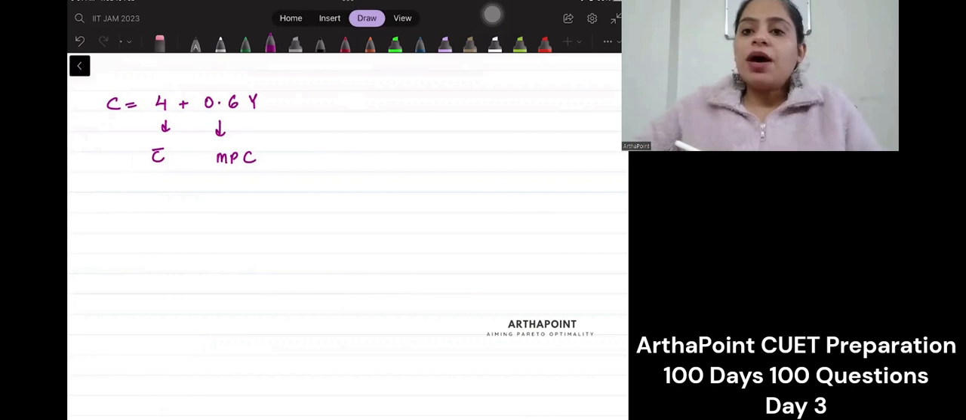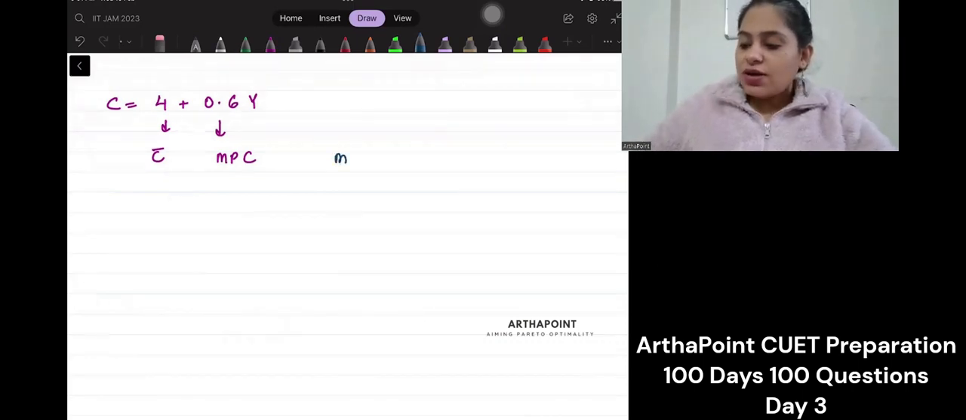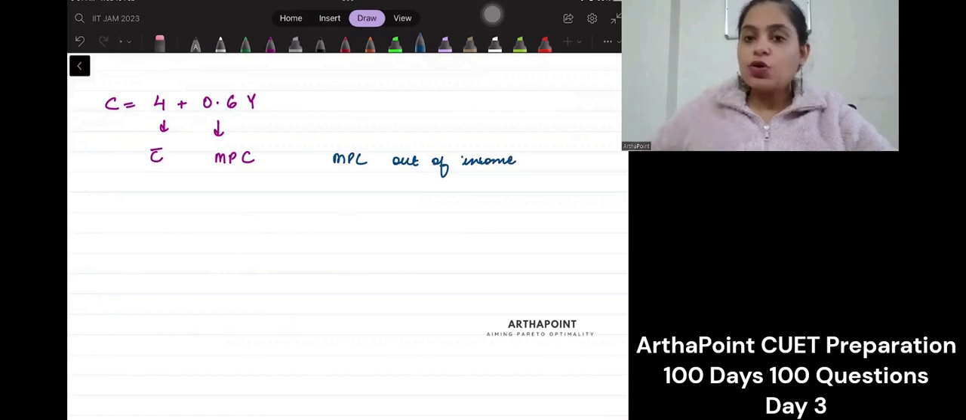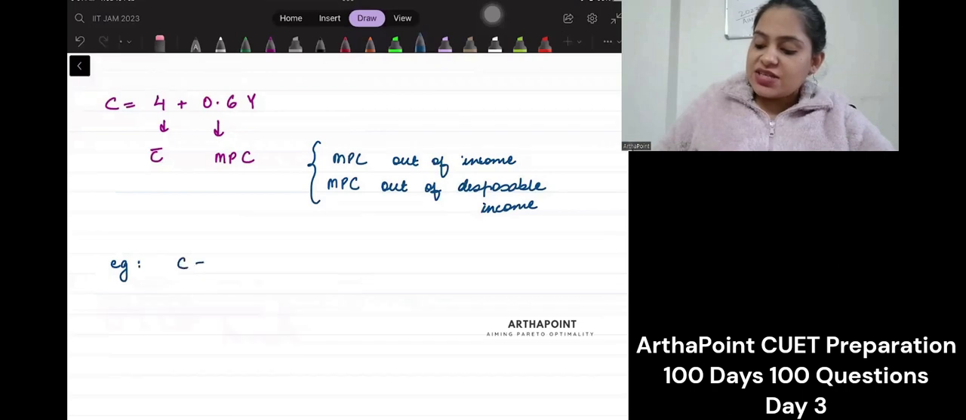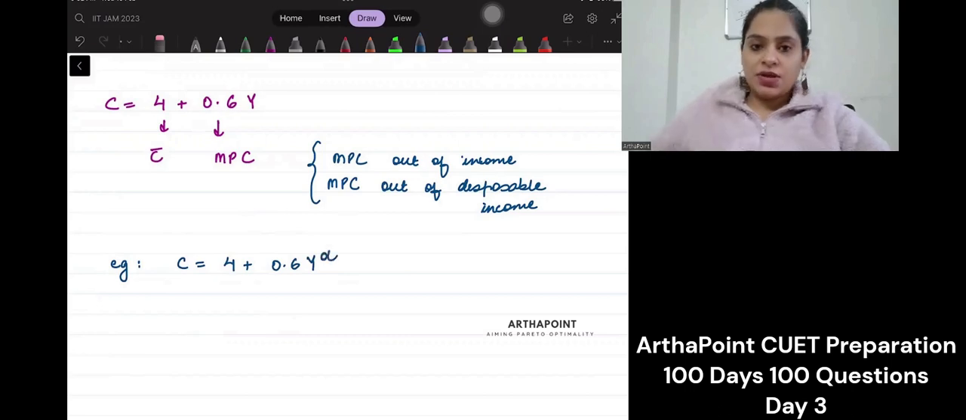See, when we talk about marginal propensity to consume, you must understand that there are two things. One is called MPC out of income, marginal propensity to consume out of income. And one is marginal propensity to consume out of disposable income. ये दोनों सेम बातें नहीं हैं. दोनों अलग चीजें हैं. जैसे फॉर एग्जाम्पल, when I say C is equal to 4 plus 0.6 YD, तो मतलब